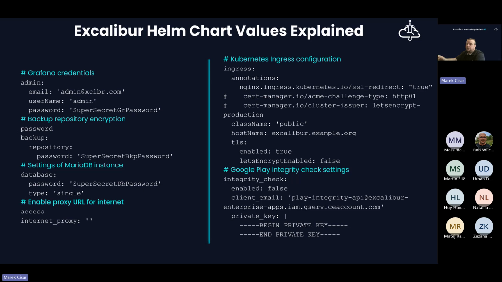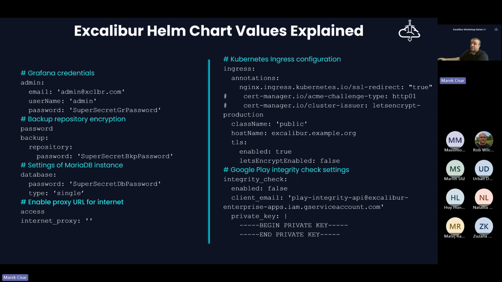So I would like to go through this configuration file a little bit in details because it is quite necessary to understand what's going on, what to configure in there, and also what is possible to configure for each deployment of Excalibur SAM.